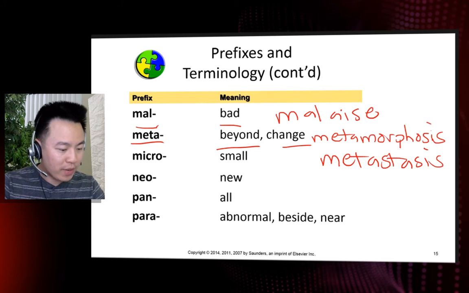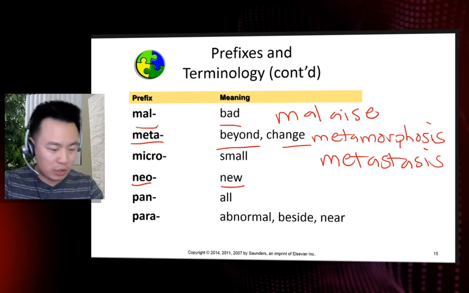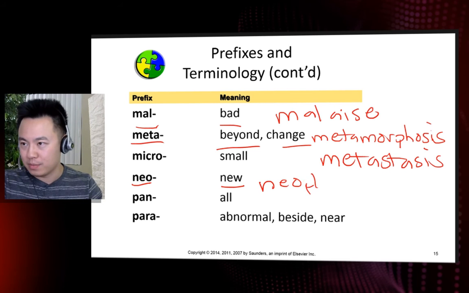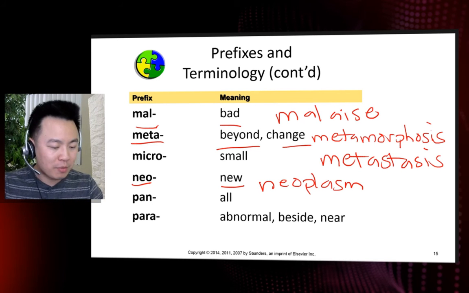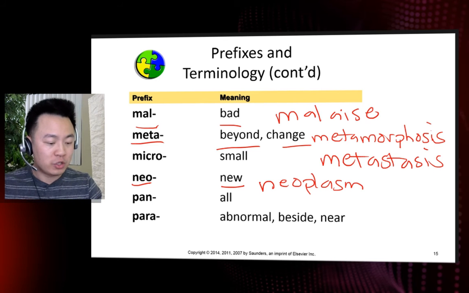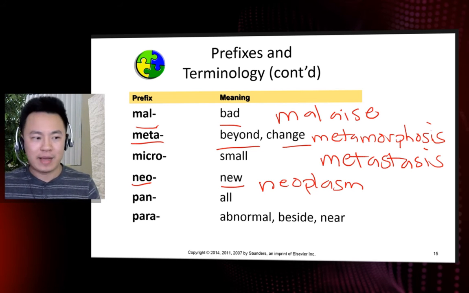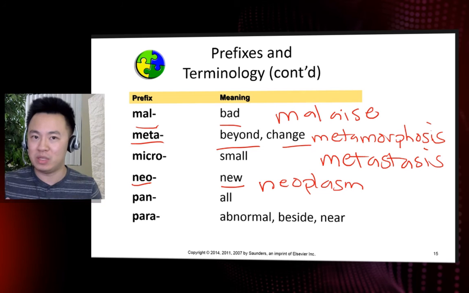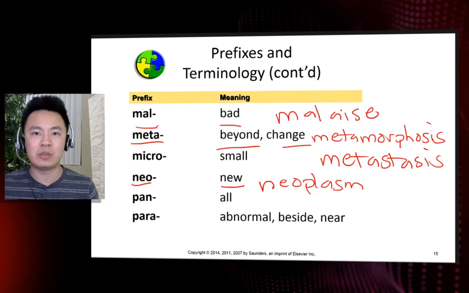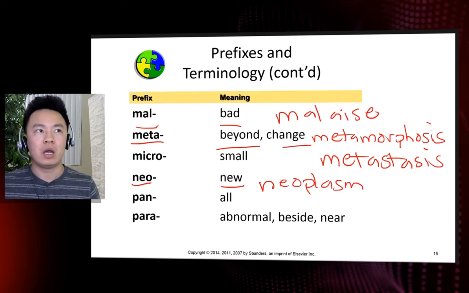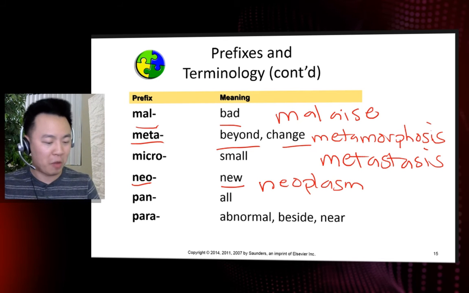Another one here that I would recommend, neo, which means new. For example, a neoplasm. A neoplasm here means new growth of a tumor in the blood. I'm sorry, just new growth of tumor. So I like to think of Neo as new. For example, if any of you have watched the movie The Matrix, the main character's name is Neo, and there's a symbolism to why his name is Neo, because he represents a new time, or a renewal of the human race in the movie. Maybe that will help you remember what Neo is.